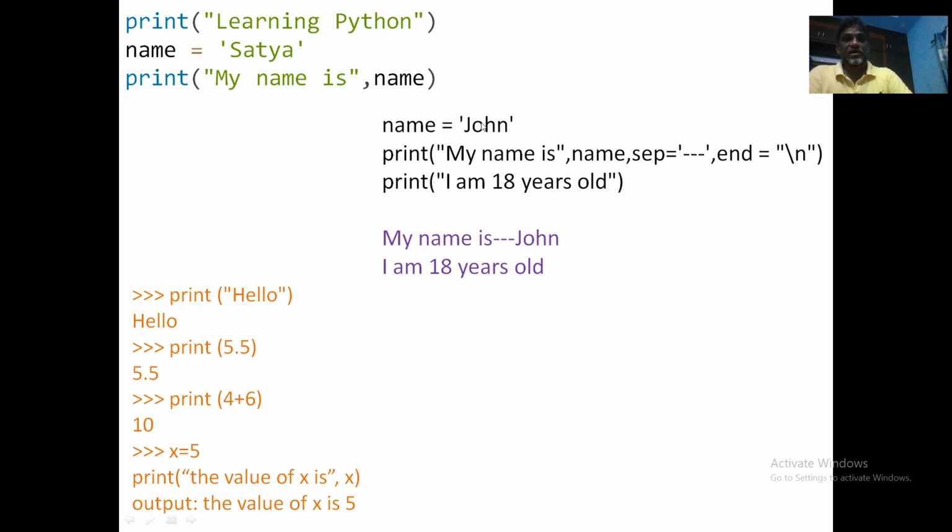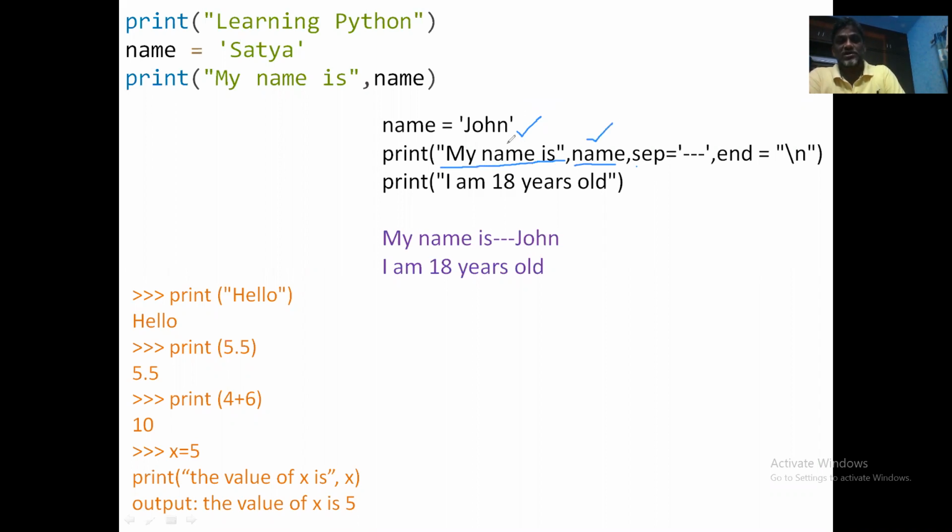Okay, and look at the second example. One variable is declared here, name is equal to John. Okay, and then print my name is, this is the object we want to display, comma name, that is John, comma. So if you observe it, there are two objects now.